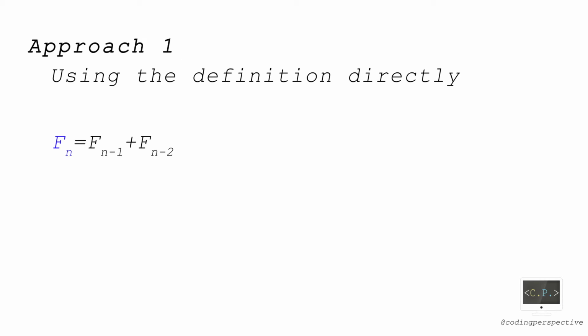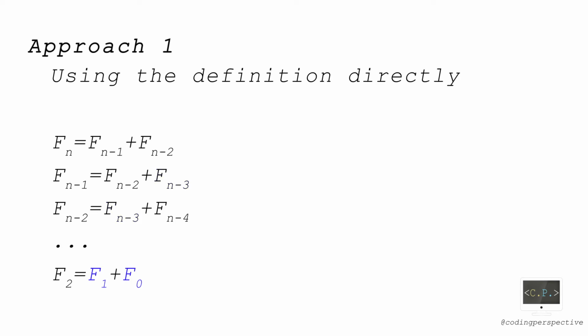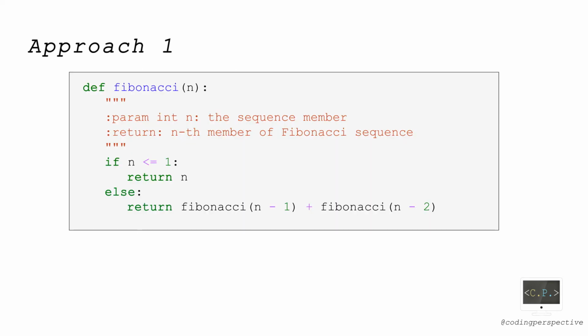That is, in order to compute nth member, namely fn, we first need to compute fn-1 and fn-2. Similarly, in order to compute fn-1 and fn-2, we first need to compute fn-3. So recursively, at the end, we will need to compute f1 and f0, which are already given to us. To see how we would write this logic in Python, let's take a look at our first function in this video. It's a really basic function in terms of the structure.